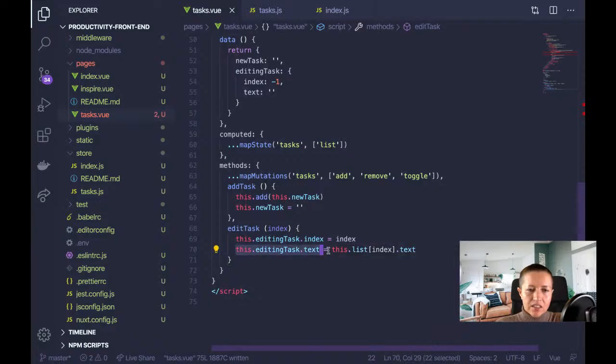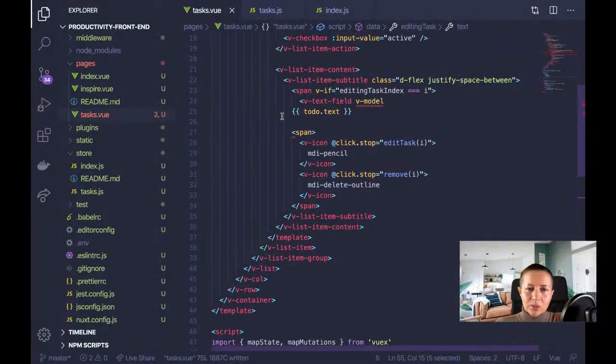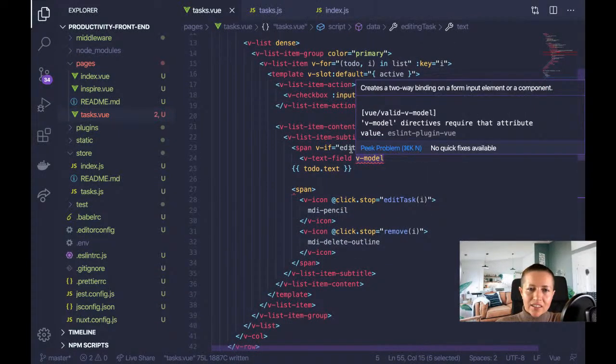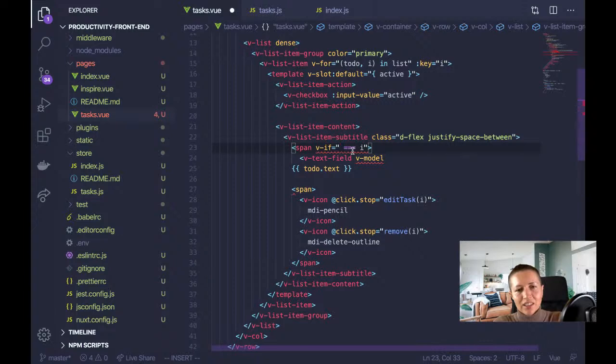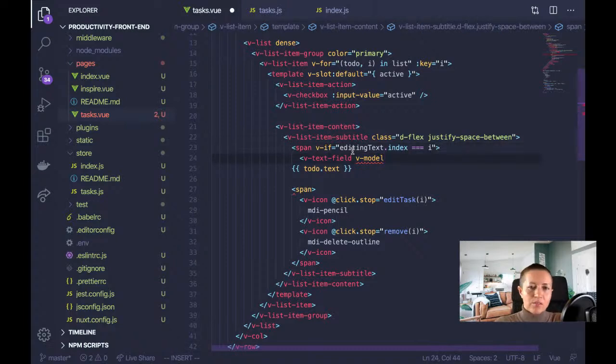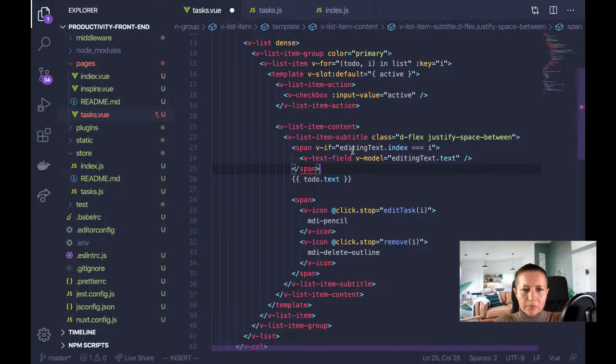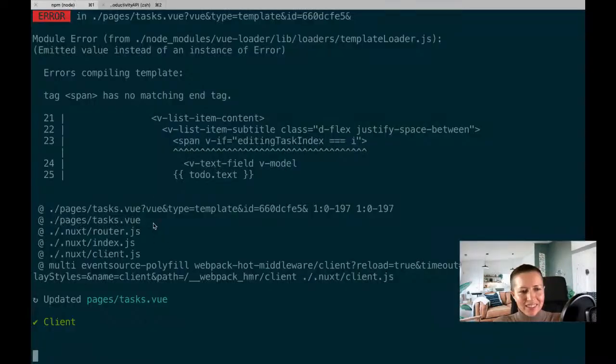And this.editingText, I will set the v-model equal to that. So now in v-model here, oh wait, I need to change this. So editingText.index. And now the v-model equals editingText.text. Okay, and I think that's okay for now. Let me close the span. And now,